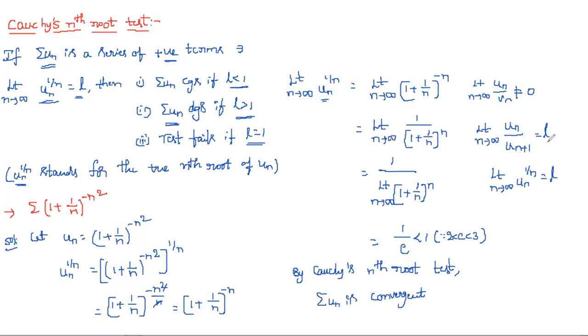Next, based on that limit value, we state the nature of the series. In the ratio test, greater than 1 is convergent and less than 1 is divergent. But here, less than 1 is convergent and greater than 1 is divergent. And the test fails as usual if L is equal to 1. If the test fails, we again have to decide the nature of that particular series.